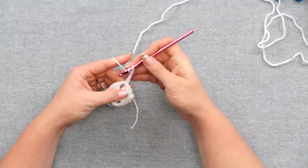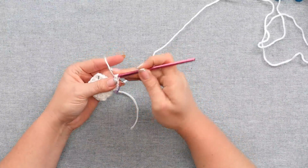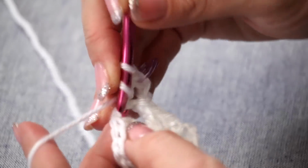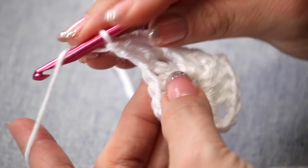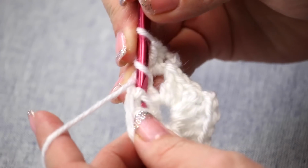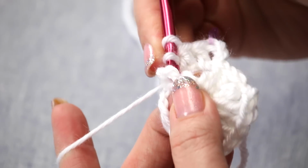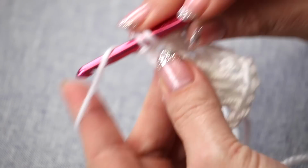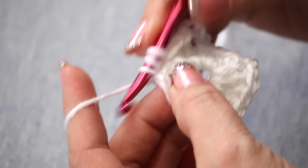And now I'm going to put another double crochet into this chain 2 space. I'm going to double crochet into the next double crochet, do a front post double crochet into the next one. So I go into the right side, behind the back, come out the left side, yarn over, follow that same path back through, and complete my double crochet. I do a double crochet in the next stitch,